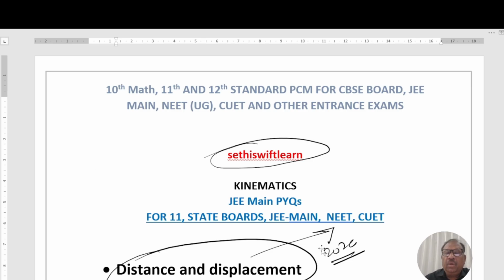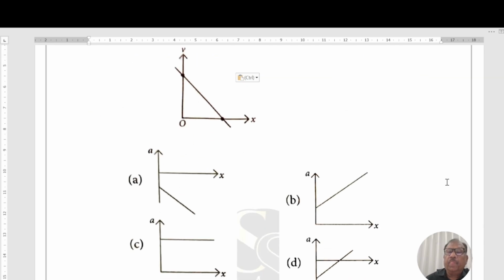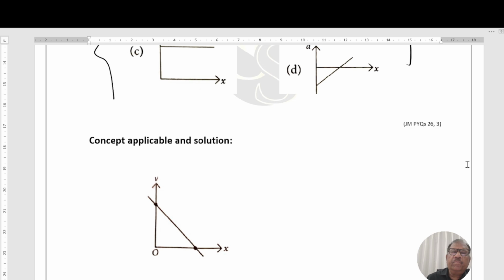Now let's start with the further questions. Question is, velocity and distance graph is shown in the figure. This is the velocity, this is the distance. Which graph represents acceleration versus distance variation of this system? Four options are given, one of the options is correct. We have to find